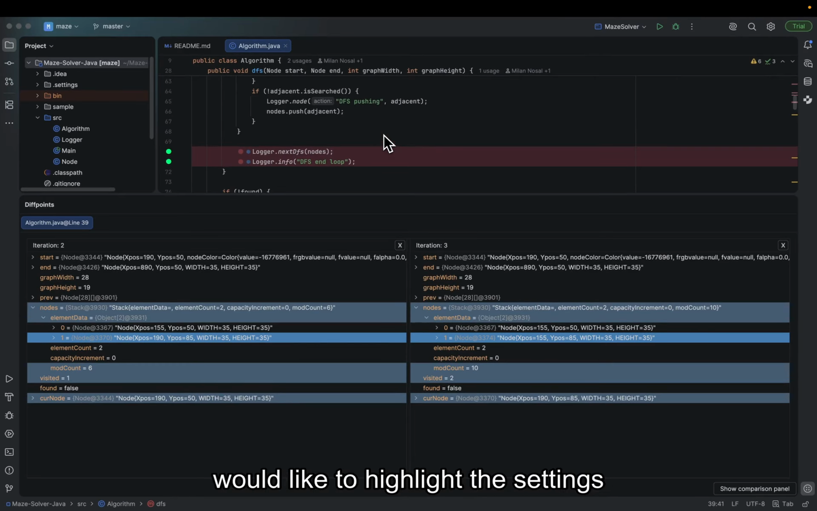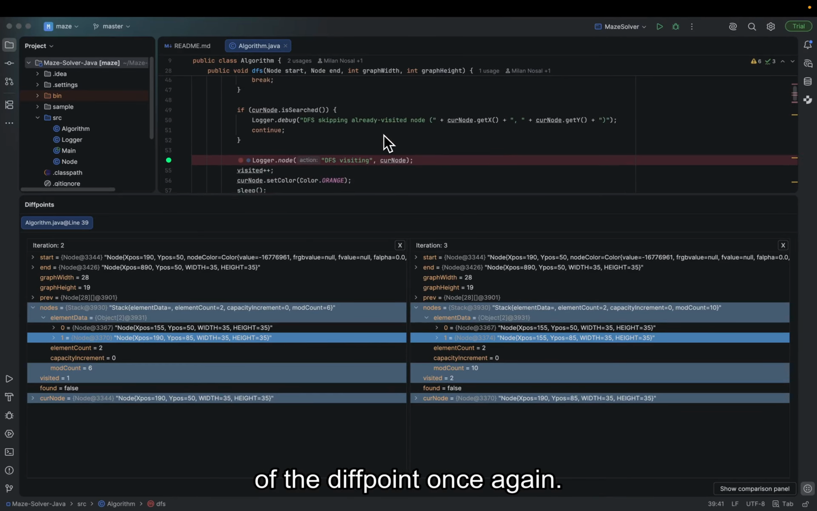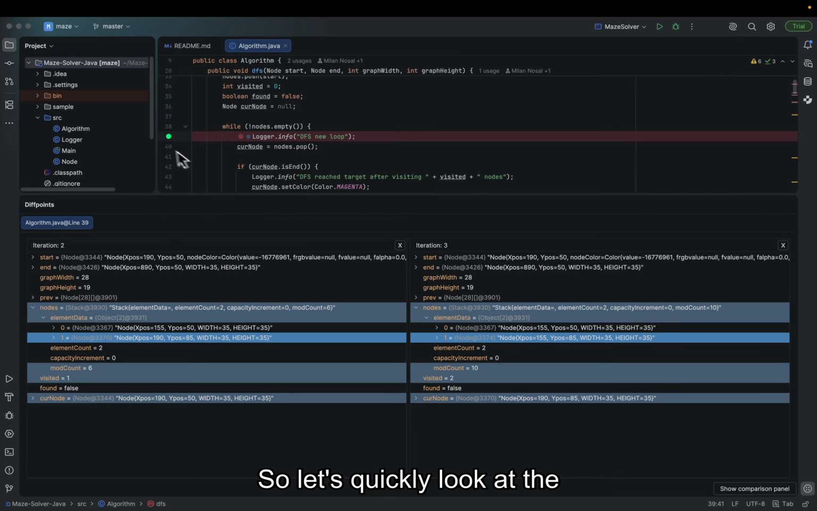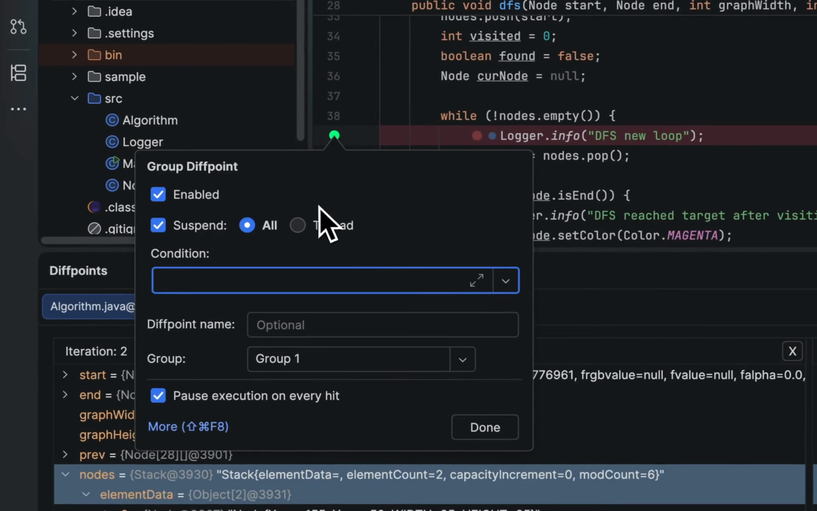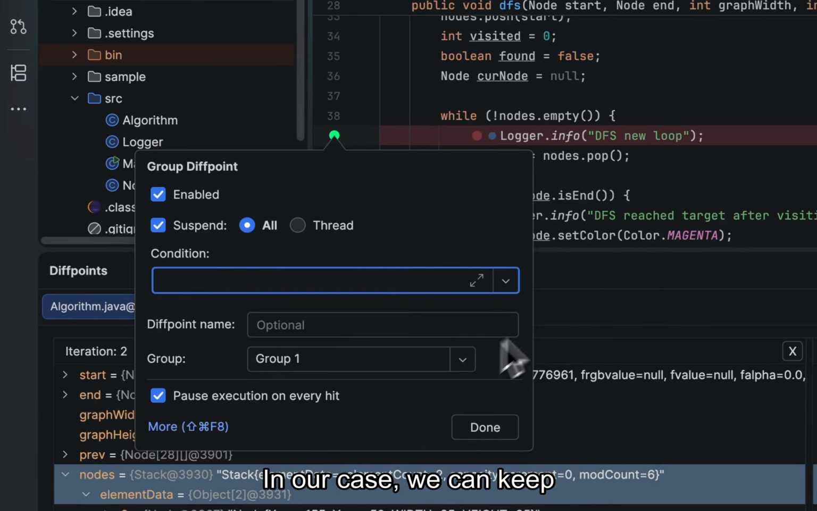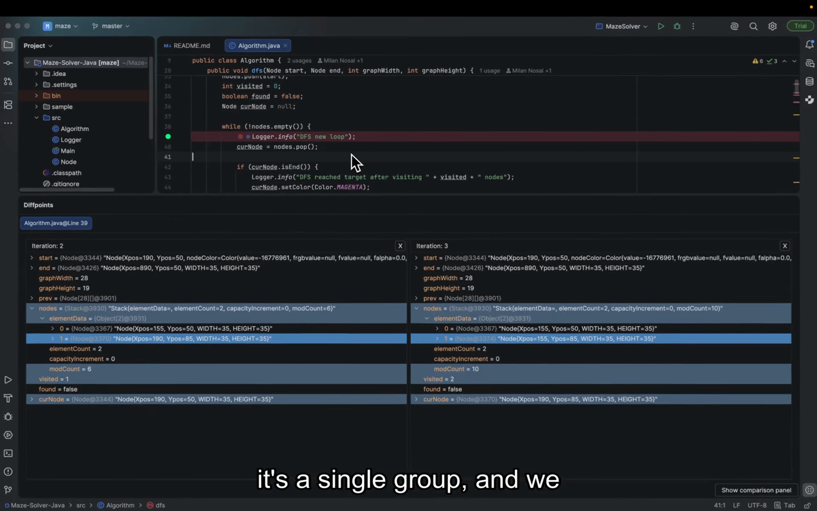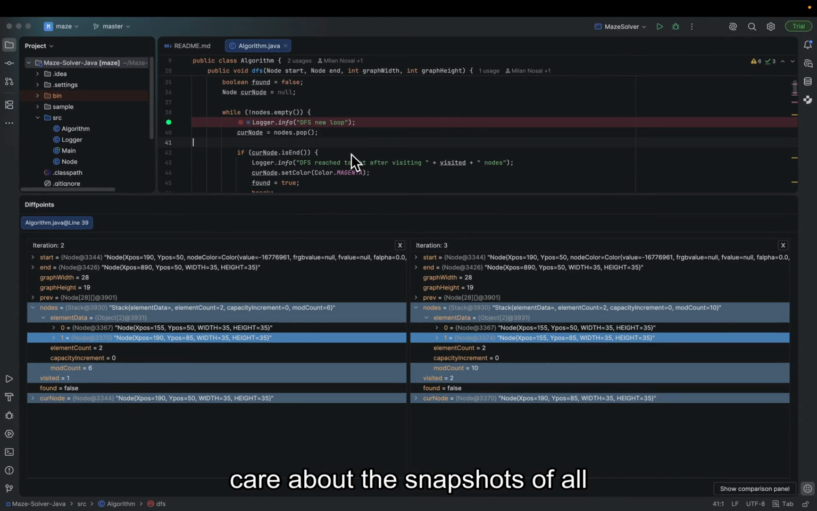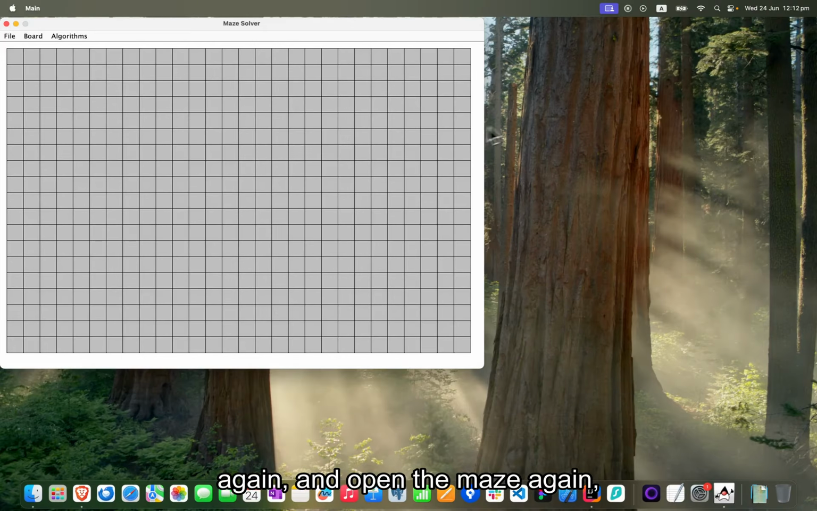Before running the program again, I would like to highlight the settings of the diff point once again. So let's quickly look at the settings of this diff point. Here what's interesting is you can set groups to group diff points. Each group's diff points are only compared against the group diff points in the same group, so we can have different comparisons based on what you need. In our case, we can keep them all in group 1 as it's a single group, and we care about all the snapshots inside a single iteration. So now let's run the program again